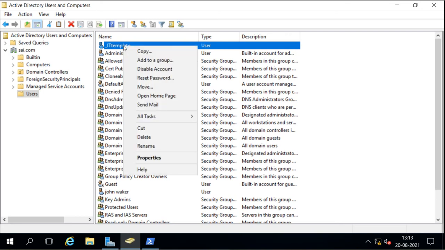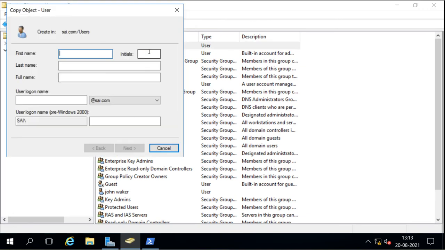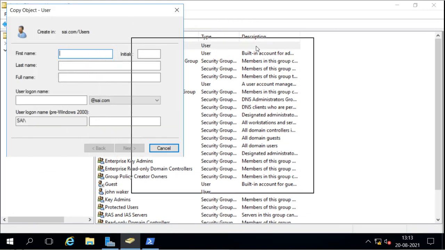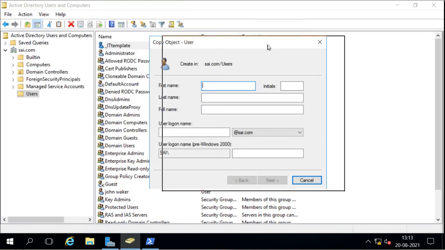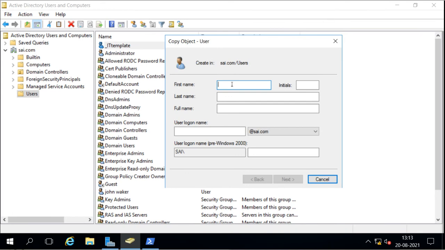Now I will right click on it, I will go on to select copy here, because I want to create the new account based on this template, and it is going to copy the properties. Now first we have to mention the name and all that, otherwise it will use the template information. Other information it will use from the template.